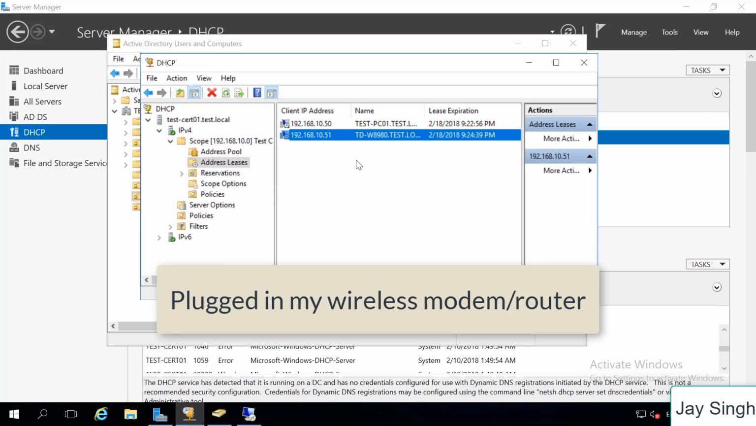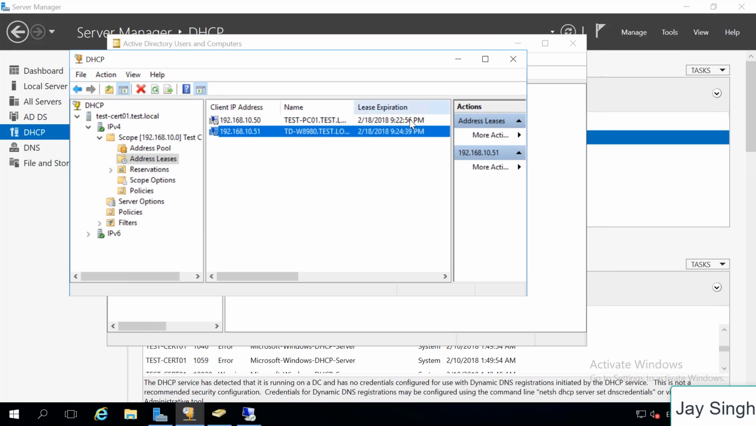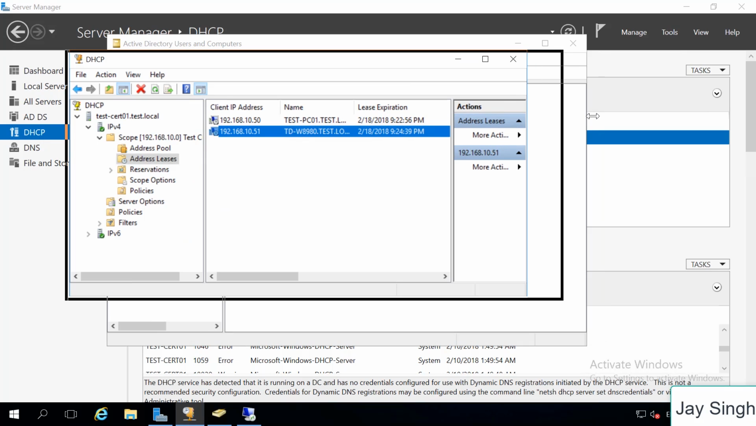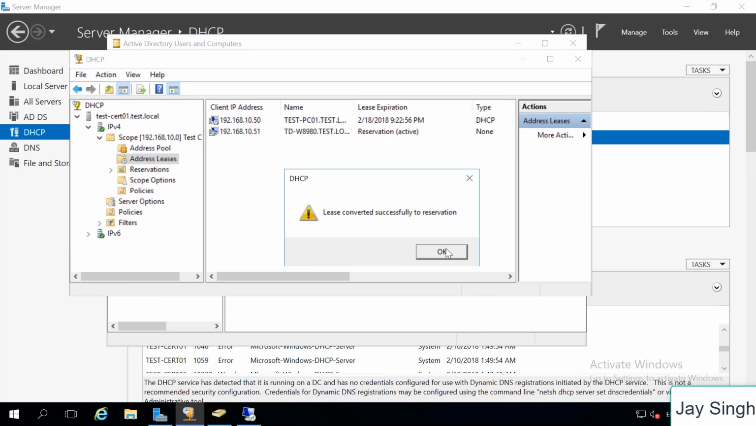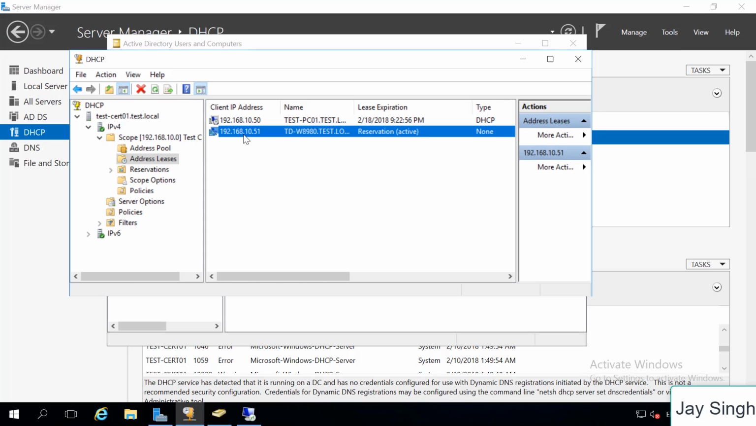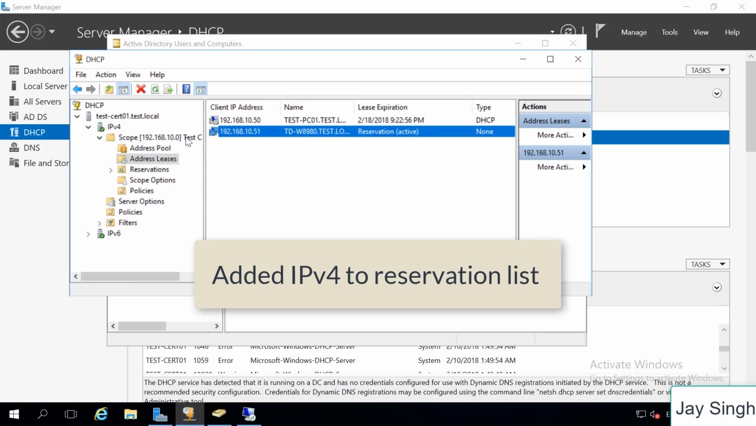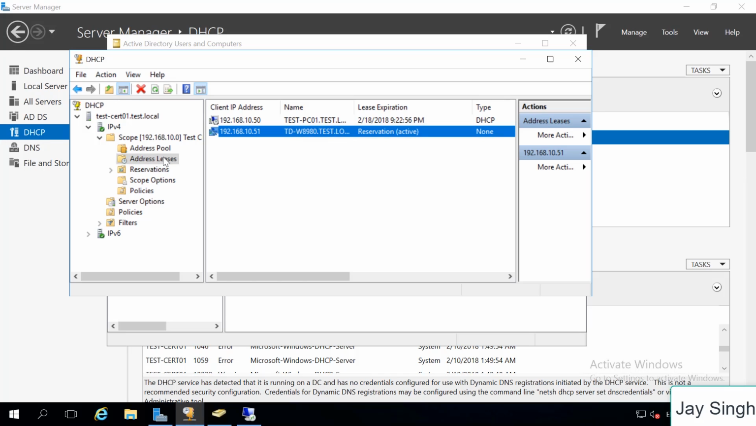It has got 10.51. So I'd like to do a few things. Also, I would like to add it to the reservation list. So this has been added to reservation, so the IP address will never change. We don't want this IP address to be changed, because we have to enter the client IP address in our next step. And as soon as I have added it to the reservation list,